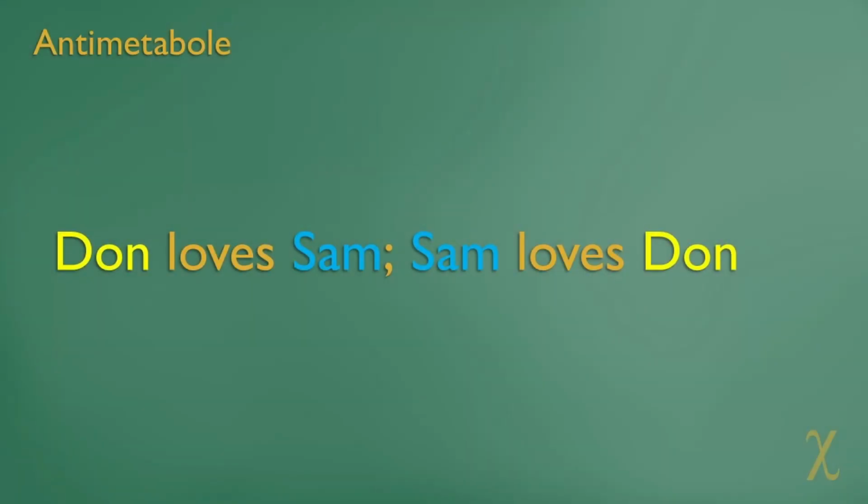Of course, people with opinions about words also tend to cherish their pedantic distinctions, which frankly is alright with us because it just means more words about words for our amusement. And in the very special case where you have the exact same words being repeated in reversed order, you're not dealing with a case of chiasmus, but with an instance of antimetabole. For example, Dawn loves Sam, Sam loves Dawn. This features the exact repetition of paired words, not similar words. So the persnickety would label this antimetabole.